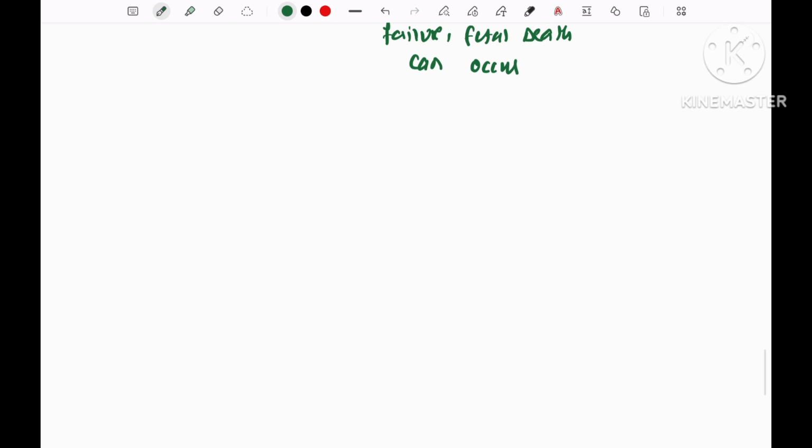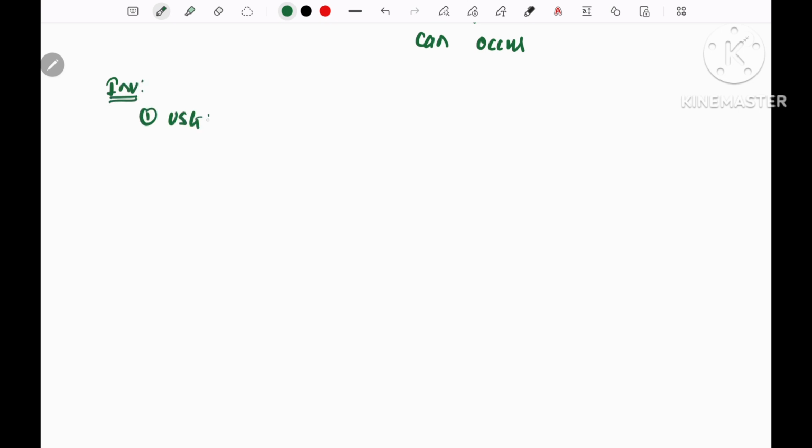Now, do we have any investigation to identify or diagnose this condition? Yes, we have investigations. The first one is ultrasonography, and it is one of the best investigations. So during ultrasonography, what can we do? We can detect edema, where there is generalized edema formation. We can detect edema in the skin, scalp,